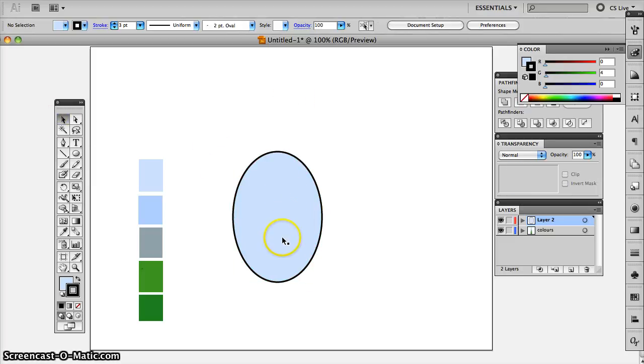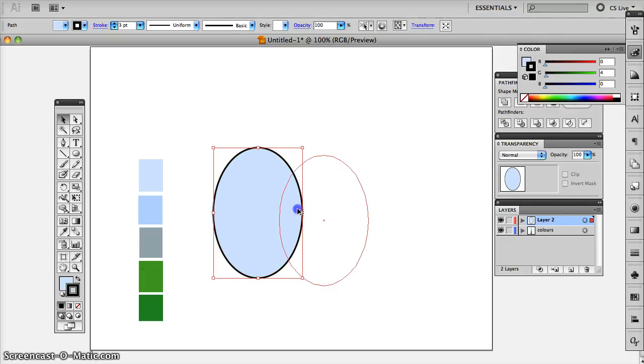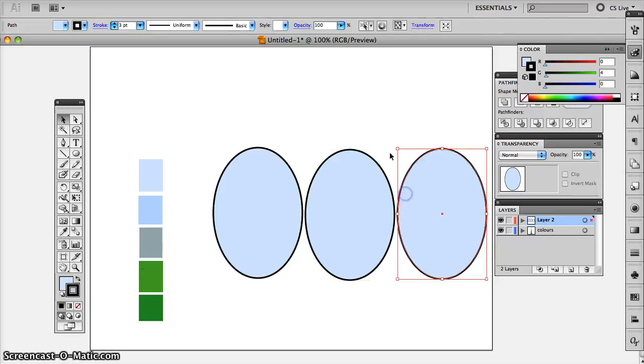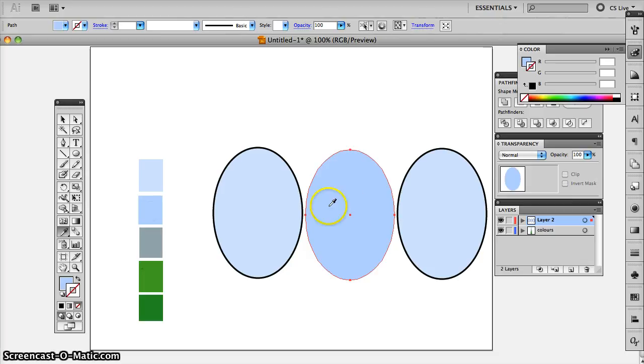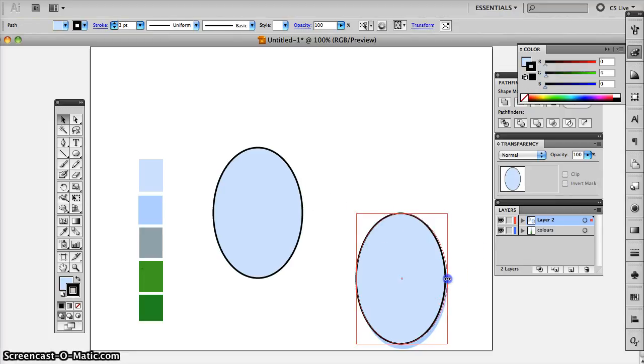Now what we'll want to do next is maybe add a bit of shading to the bottom there, so I'm going to highlight my egg, hold Alt and just drag 2 of the eggs across there. Now this second one, I'm going to use my eyedropper tool and I'm just going to choose this middle blue here, and so it should change the colour and also take away the stroke there. And then I'm just going to bring this down here a little bit, because this third egg will actually use as a cutout guide. So if I bring that down to there, possibly make it a tiny bit wider,